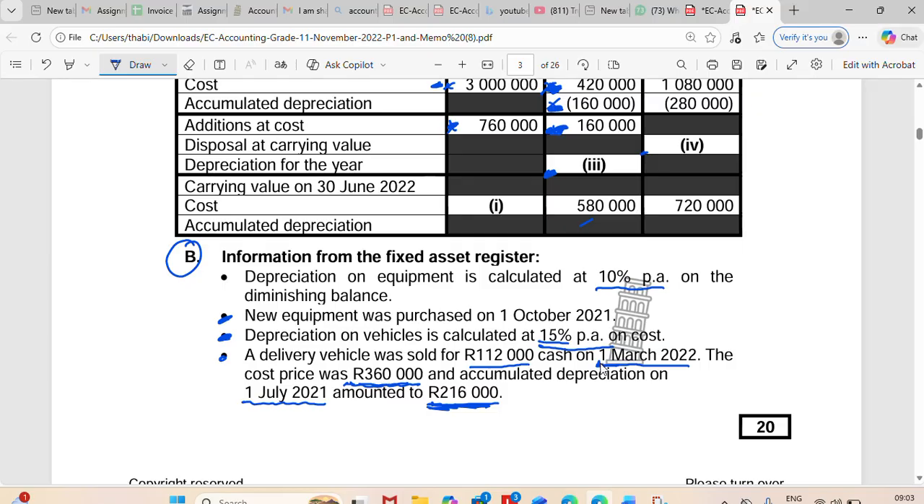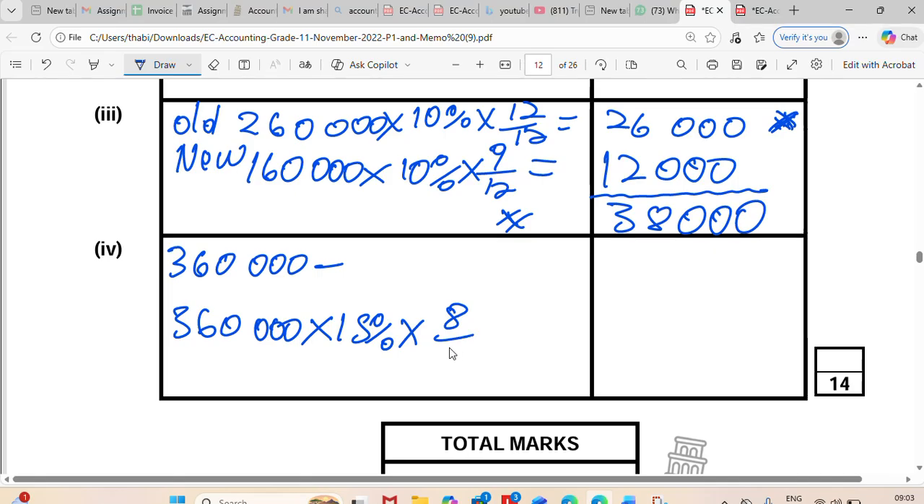So we disposed it when? 1st March 2022. So you're going to count from the beginning of the year, which is 1st July 2021, up until the 1st of March, not including March, because we sold this vehicle on the 1st day of March. So you're going to count July, August, September, October, November, December, Jan, Feb. 8 months. You go and multiply by 8 over 12, and then you are going to have the depreciation for the year, which is